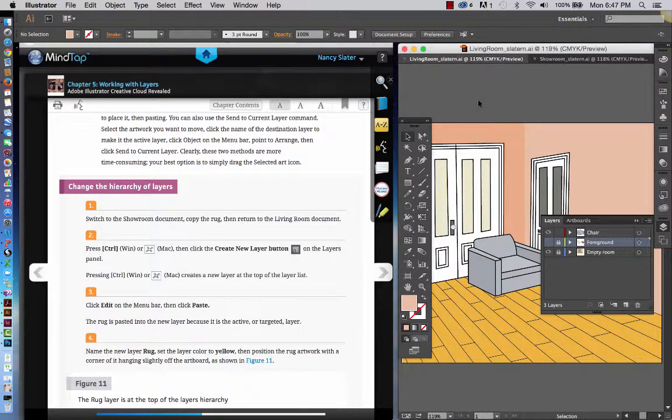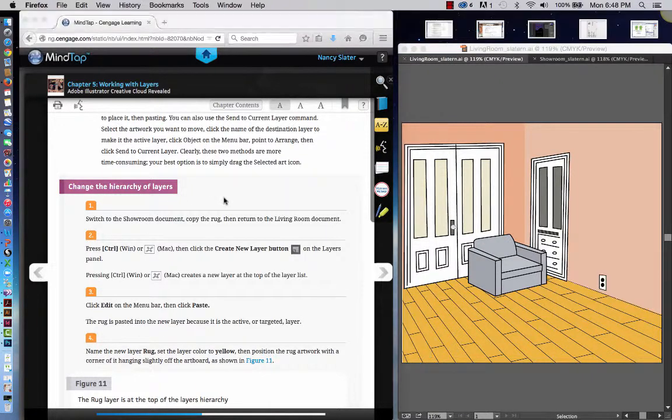Hi guys, I'm back and we are in GR270 and we're working in our Adobe Illustrator textbook Creative Cloud Revealed by Chris Botello, and we're working with layers in Chapter 5. In this exercise we're going to work on changing the hierarchy of layers. And so, as the textbook indicates, we're going to switch to the